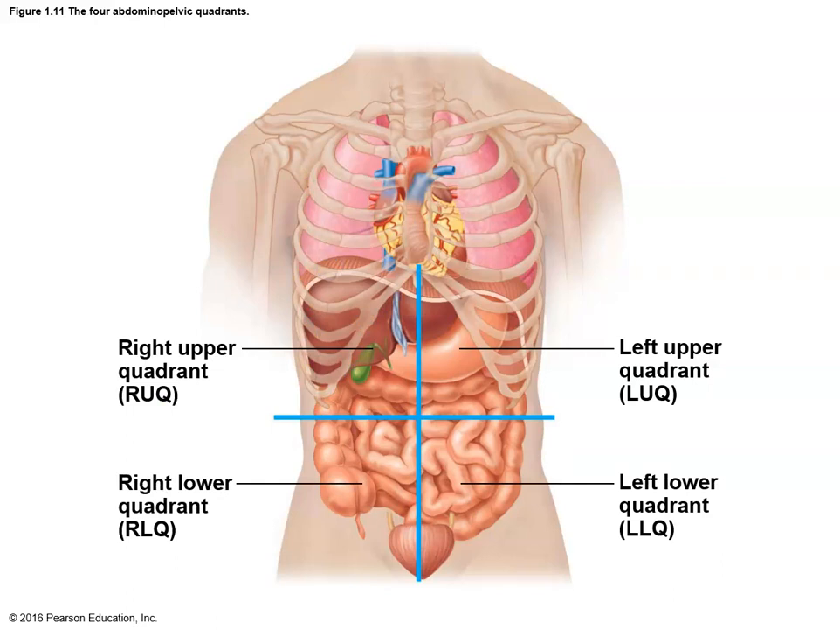Let's say you go into the doctor and you're complaining of abdominal pain. The doctor will ask you to point to exactly where it hurts. And what they're starting to consider in their mind is what you see here. Because in the abdominopelvic cavity there are so many organs tightly compressed together, we really need to break it